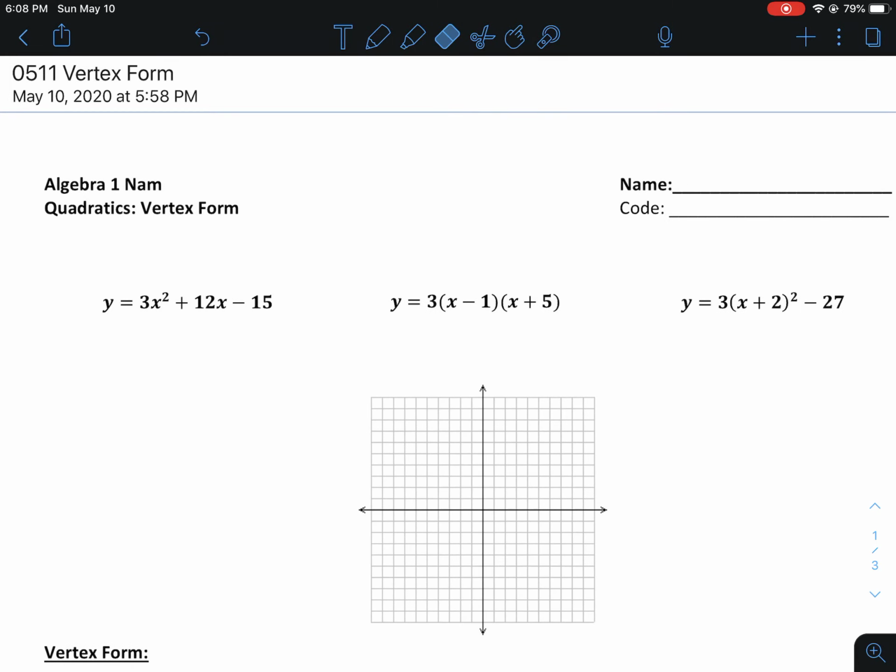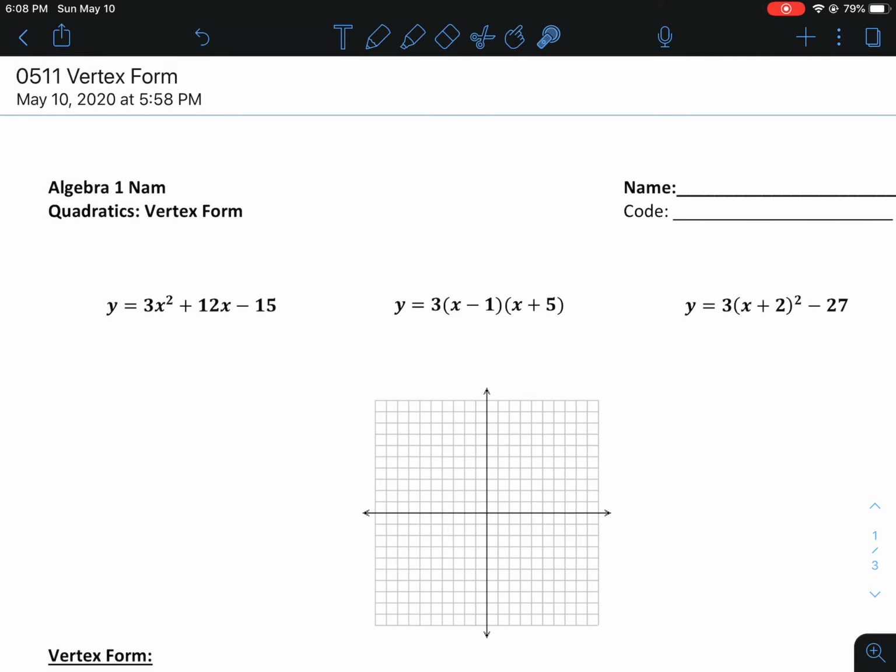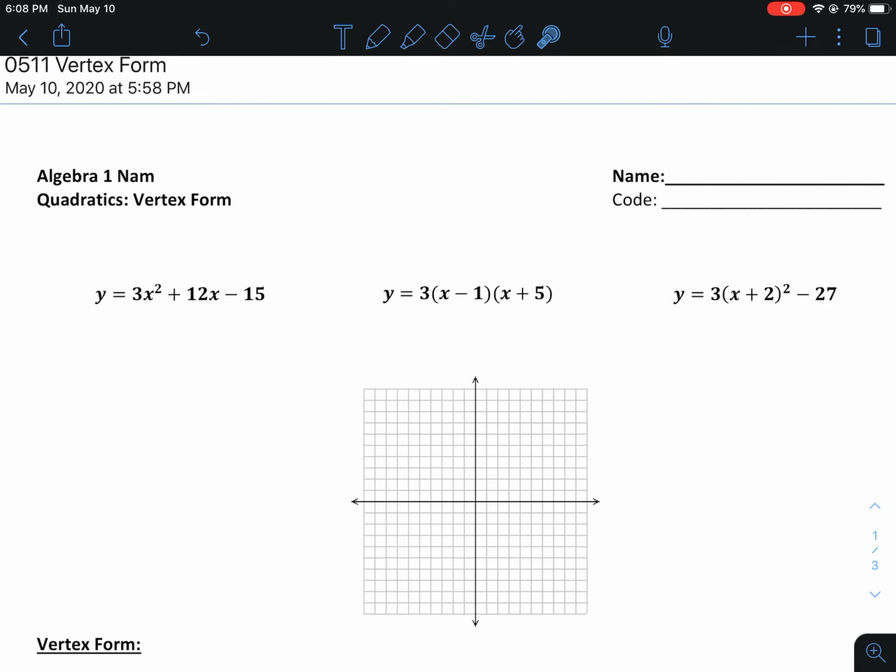All right, today we're going to talk about vertex form, right? You guys have seen vertex form before, and you did a Desmos on it, so we're just going to formalize it. We're going to look at these three quadratic functions, which, although they look different, are describing the